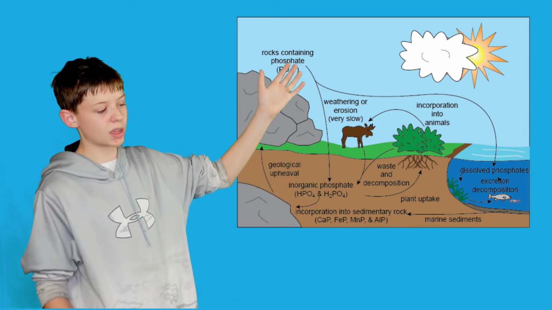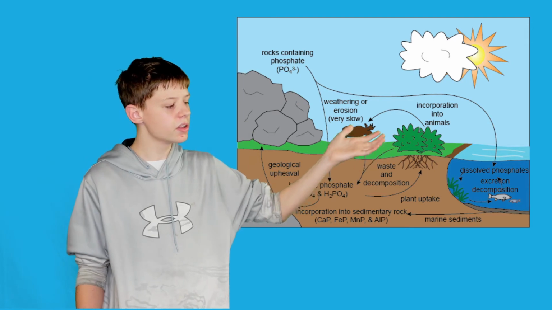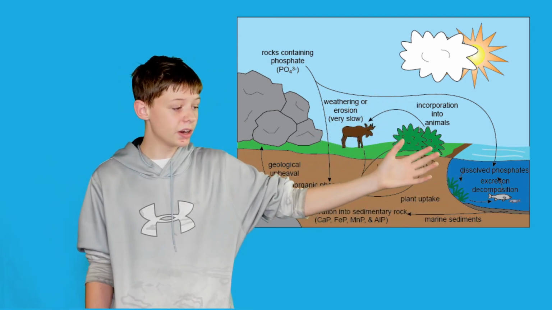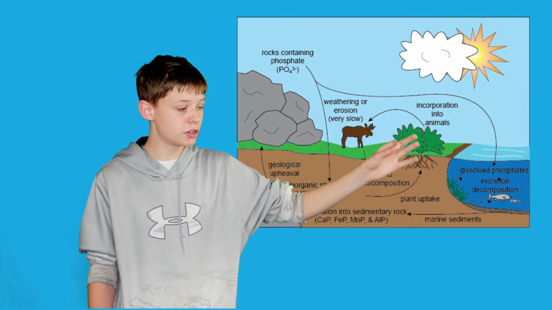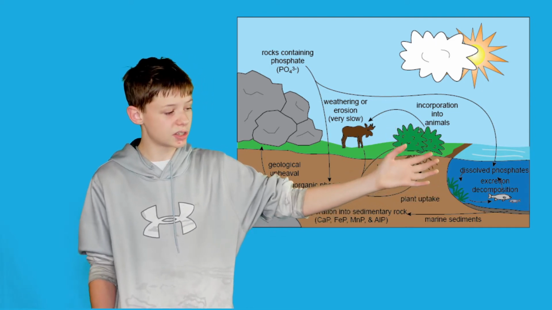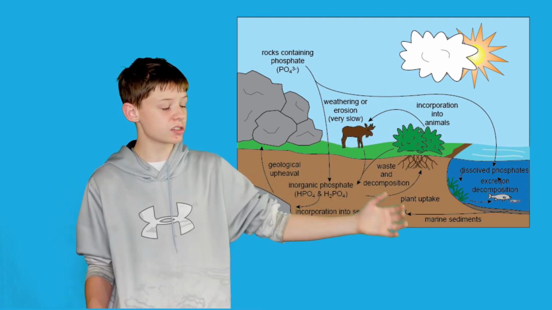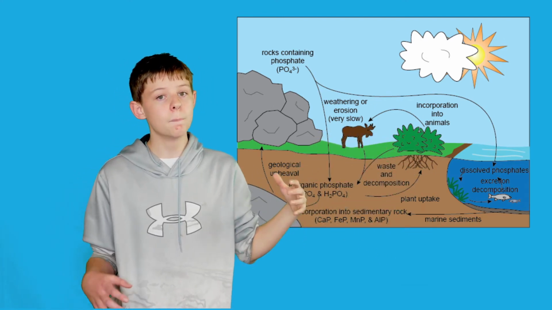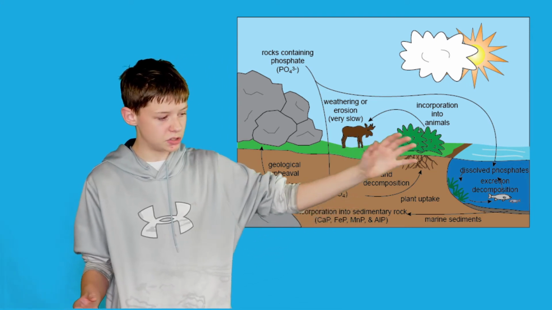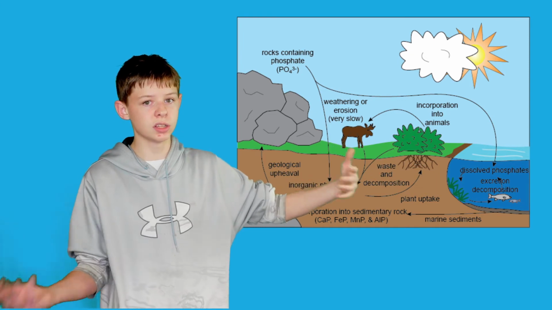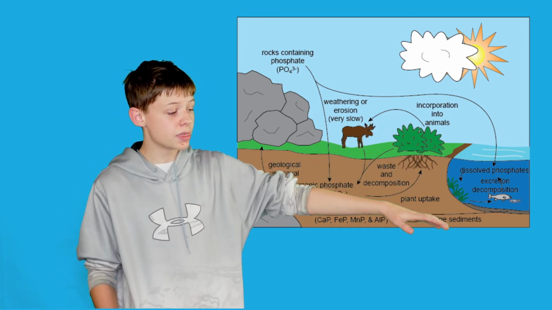Again, starting here at the beginning, we can have weathering or erosion, which will then lead to other bodies of water. Here in the other bodies of water, if there's too much phosphate, which does get dissolved, there will be an algae bloom, which can cause a trophic cascade that will kill a lot of the species in that body of water. If that doesn't happen and there's just a little bit of phosphate, then the plants and